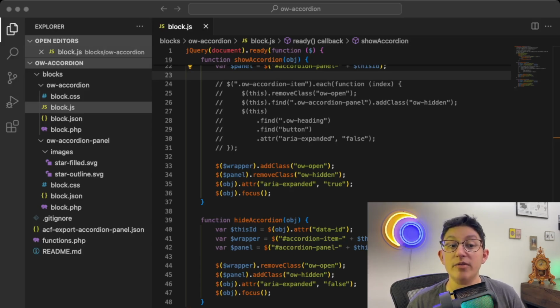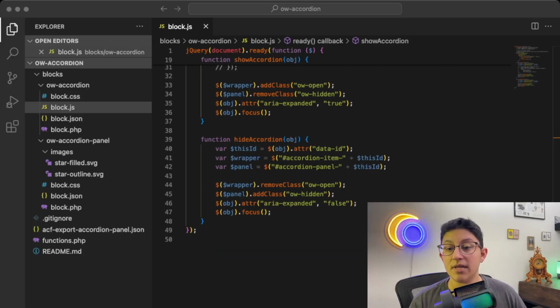And then for the item that we've clicked on, we are going to give it the aria-expanded attribute value of true. And then we're going to set the focus on that item that we just clicked on. And then for the hide, we're just going to do the opposite of all of that and still focus on the element that we've clicked. And that's our JavaScript. That's really it as far as the code is concerned.